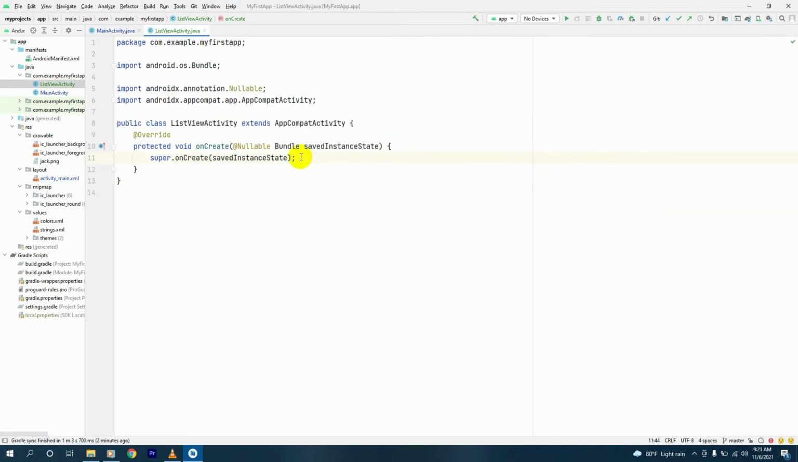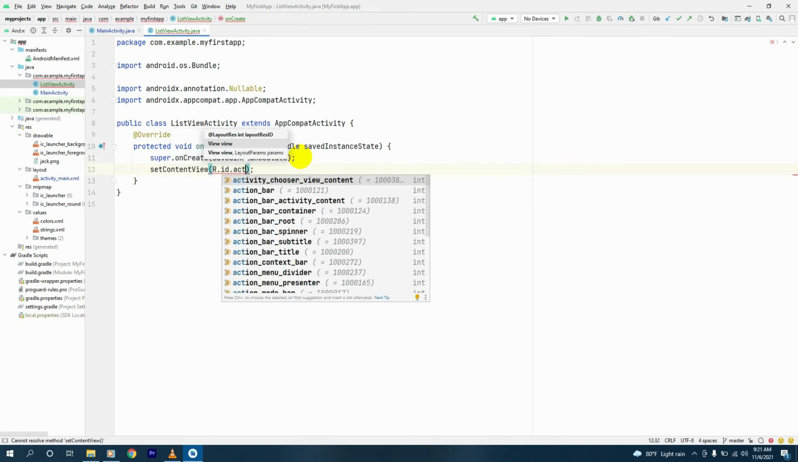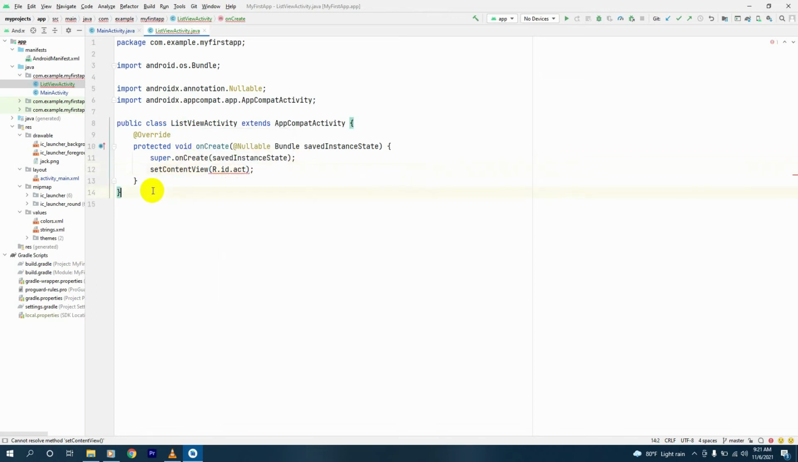Okay, now we can give the setContentView, which will make this class an activity that can work inside our Android application. And we'll give this R.id.activity. We haven't made an activity XML for this, so we'll make an activity XML for this. We'll go to layout